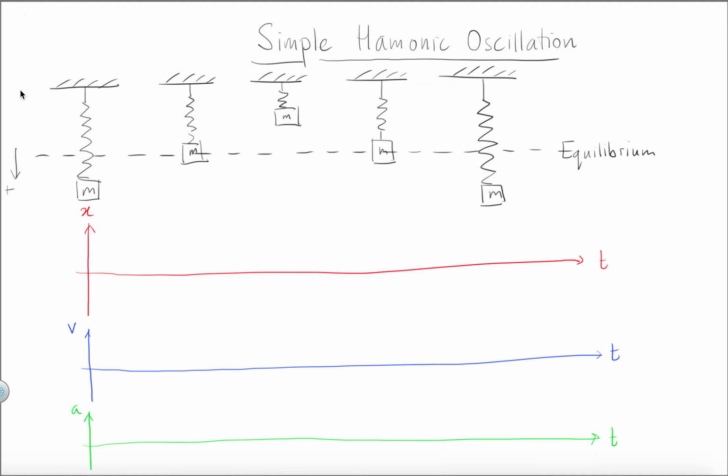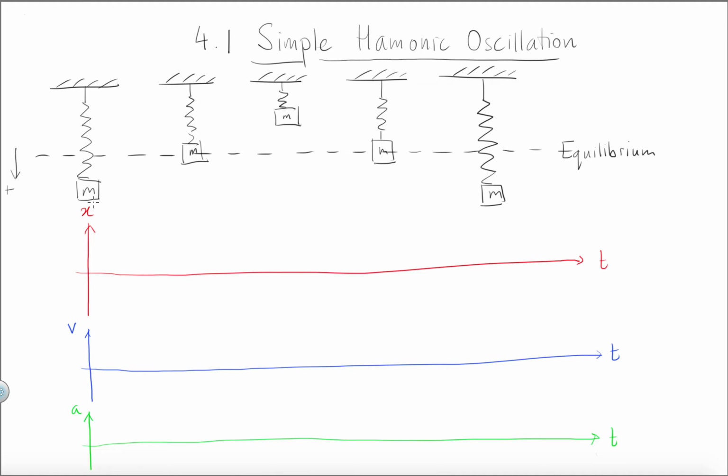Welcome to this summary video for Diploma Program Physics, where today I'm going to talk about topic 4.1, simple harmonic oscillations, which is fundamental to wave motion. And I'm going to exemplify this with a mass on a spring. The mass has mass m, and it's displaced a positive distance